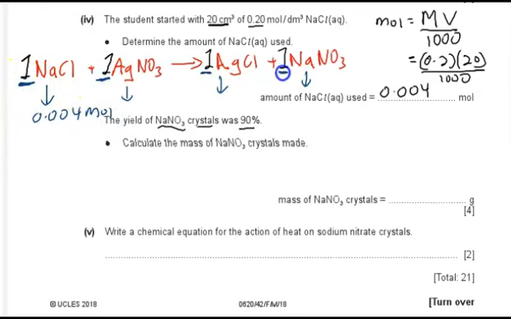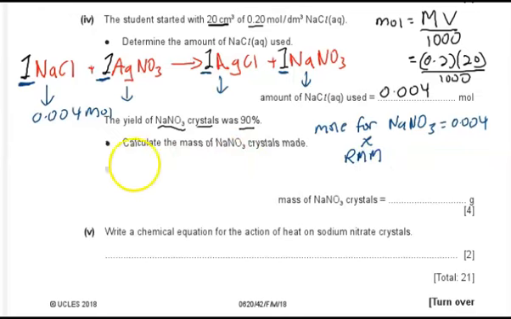The ratio is given, everything is 1. So mole for sodium nitrate is also 0.004 mole. So when they're asking for mass, what we should do is we have to multiply the mole with